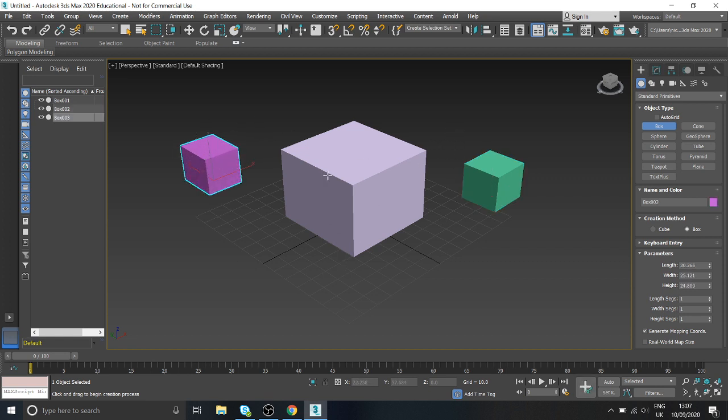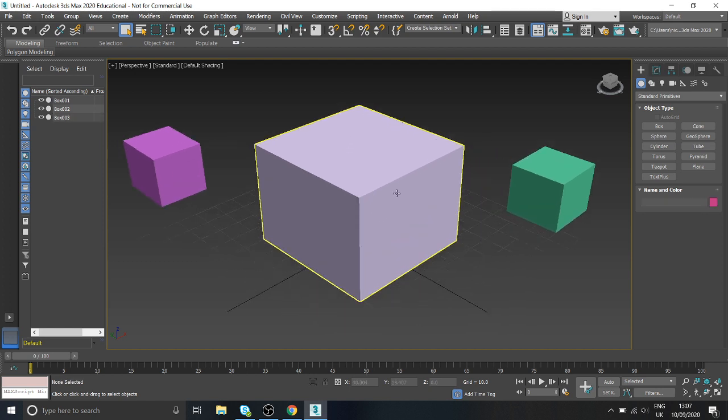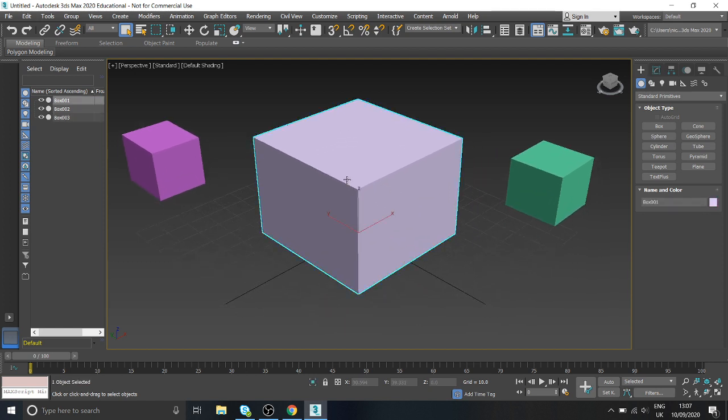So if you want to finish the creating, just right click and it will turn the selection off. Okay, so I've made 3 boxes, but just making 1 for now is fine. So I'm going to click on this middle one,